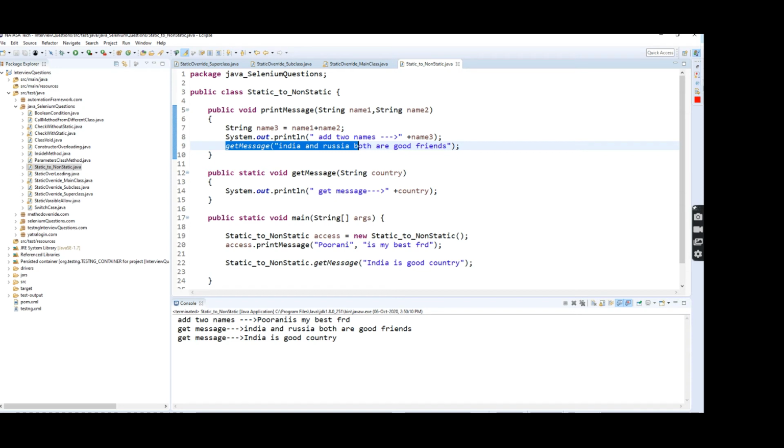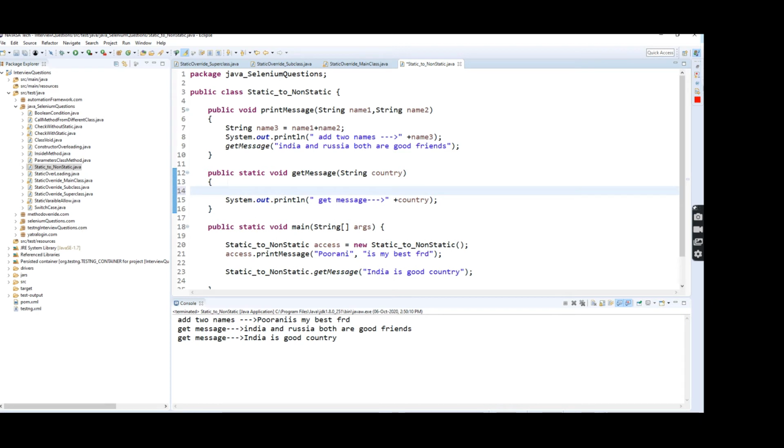In the same way, I'm going to call the non-static method inside the static method. What will happen? What is the non-static method name? Print message. I'm going to pass two parameters. It will not compile here. What is the error it's throwing? Move the cursor here.